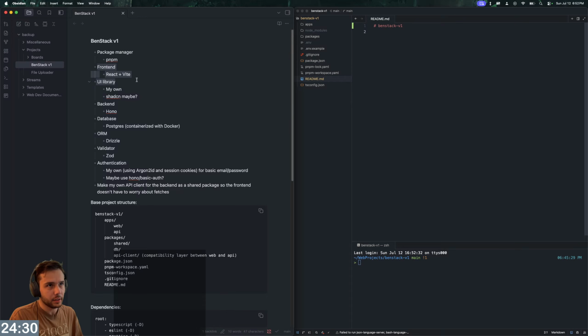For the front end, this won't be a surprise: using React with Vite as the builder, which is aligned with what I've been learning in Odin anyway. I'm going to leave the UI library alone. Maybe I'll use ShadCN, maybe leave it up to